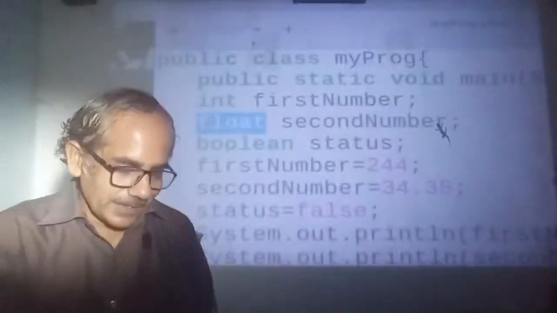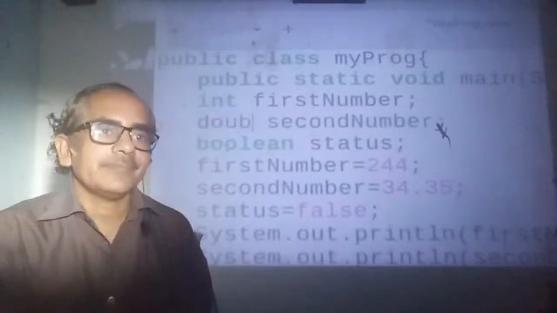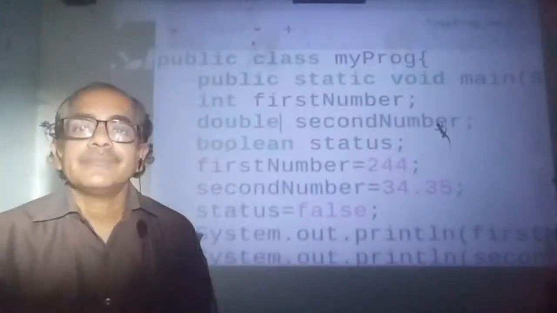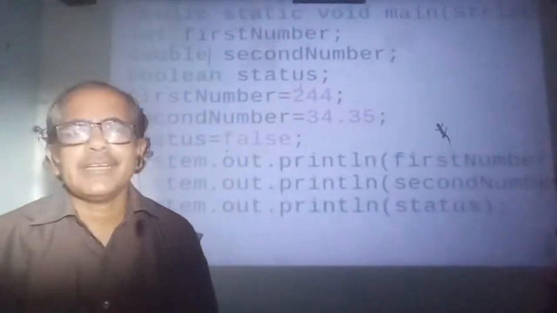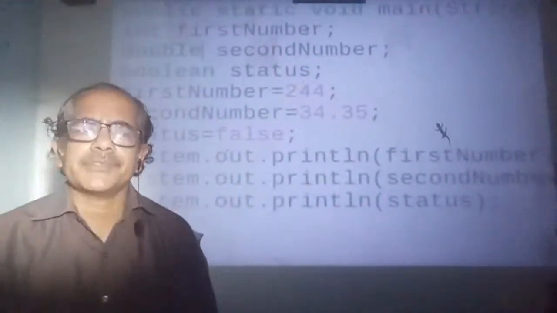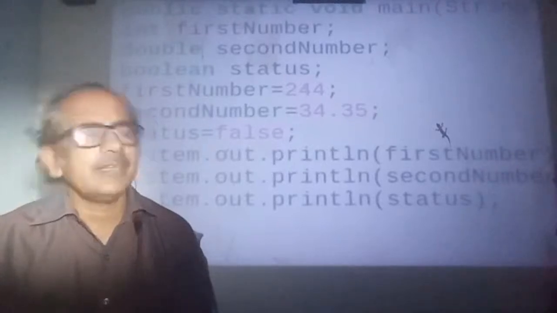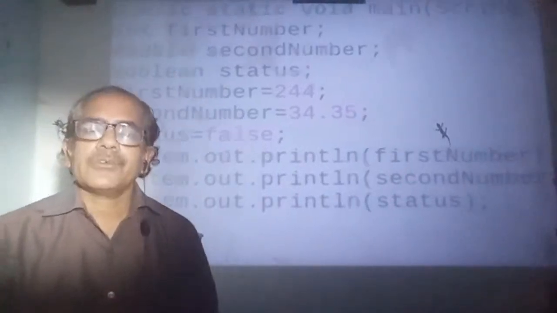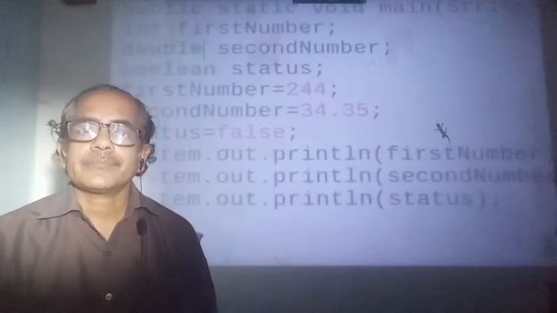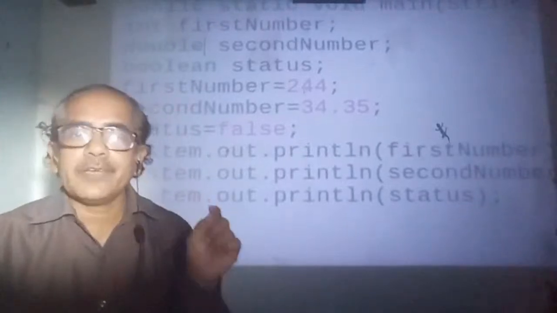Let me write it as double. ठीक है, जैसे फ्लोट डेटा टाइप है वैसे डबल भी डेटा टाइप है फ्रैक्शनल नंबर्स के लिए। थोड़ा माइनर डिफरेंस है, वो आगे के क्लास में क्लियर कर पाएंगे। अभी फिलहाल जिससे काम हो जाए, डबल के रूप में मैं दिखा रहा हूं।